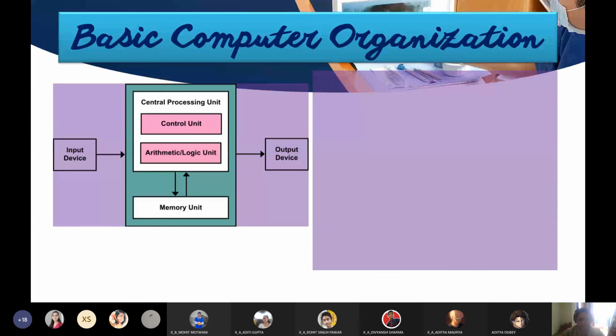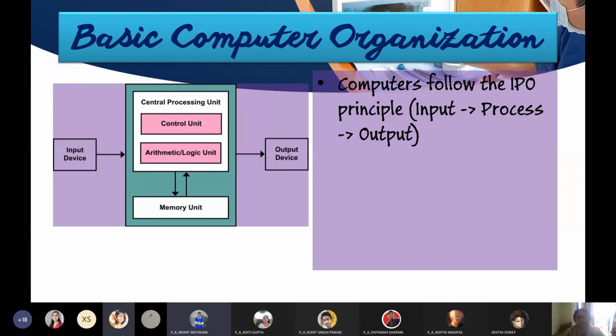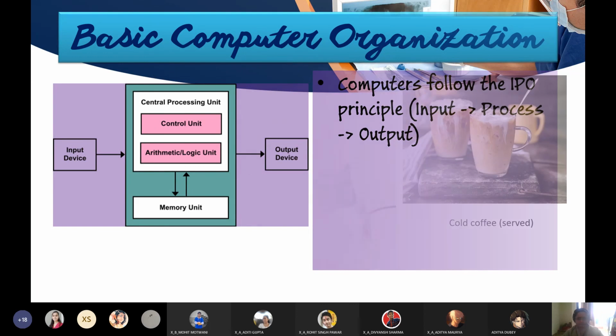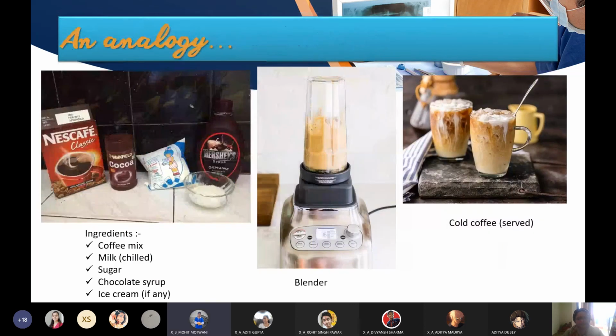Basic computer organization about the entire CPU and the different units which it is connected to. Very good. Now we come to the next part, that is computers follow the IPO principle, that is the input process output cycle. I use this example multiple times.